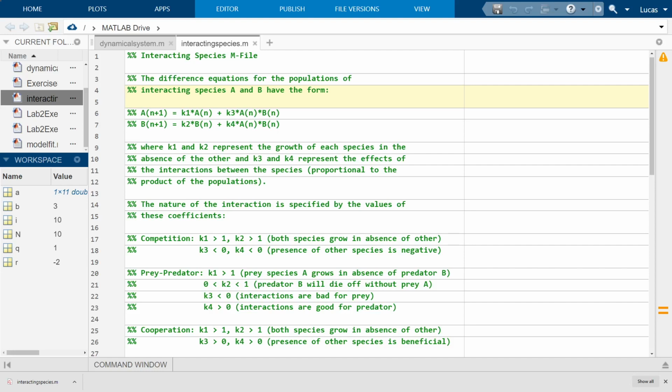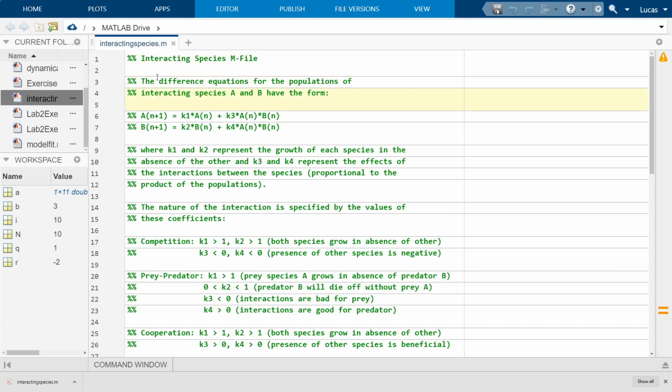All right, for this part of the tutorial, we're now looking at the interacting species M file. So we start out with some comments again. Difference equations for populations of interacting species A and B have the form A(n+1) equals k1 times An plus k3 An Bn. B(n+1) equals k2 Bn plus k4 times An times Bn, which is similar in